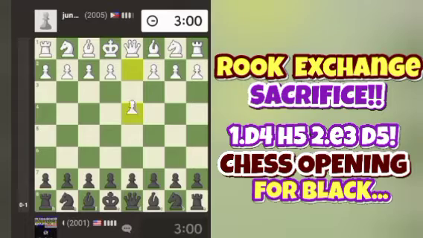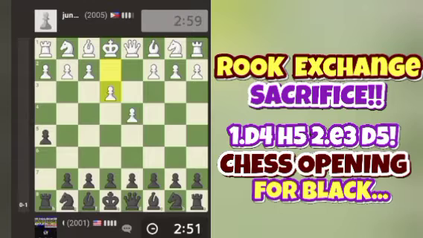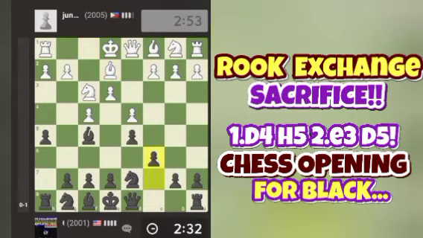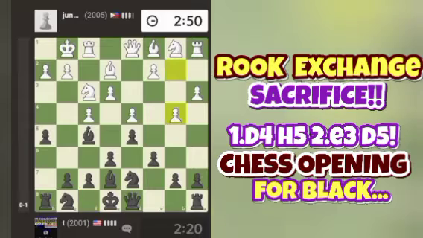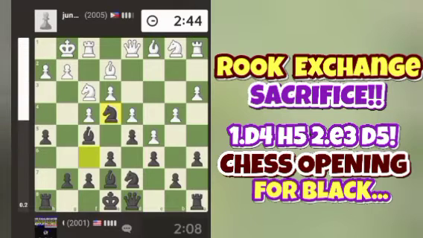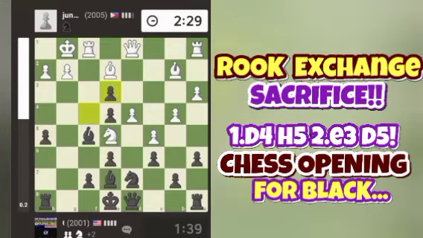d4 h5, and after e3 here he actually tried to control the dark square, and we do the reverse. For example, we control the light square and try to develop our pieces, and with a knight post on e4 we actually have an early attack on the king side with g5, and later on we manage that with